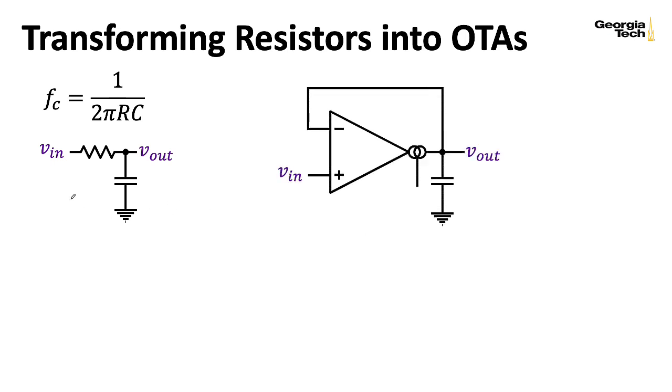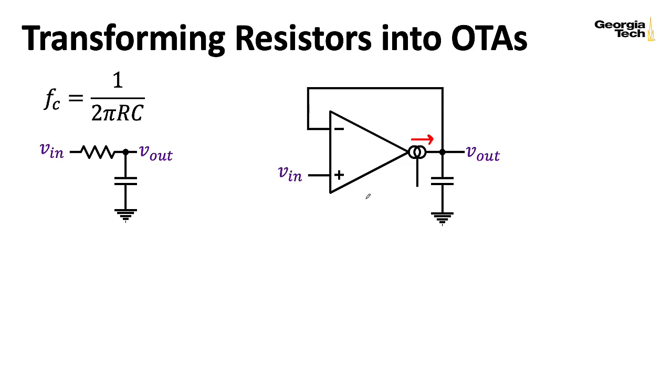One way to think about what the resistor is doing is it takes a look at the difference of the voltages at its terminals, and it produces a current according to that difference. Now, physically, that's kind of an odd way to think about it, but mathematically, that's the sort of equation you write down with Ohm's law. Well, let's think about what an OTA does. An OTA takes a look at the voltages at its inputs, and it produces a current according to the difference